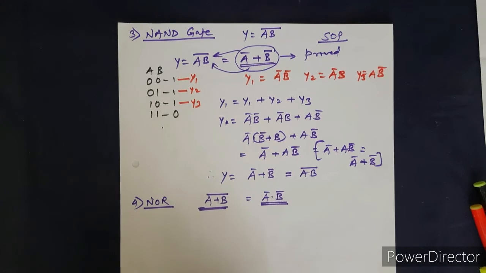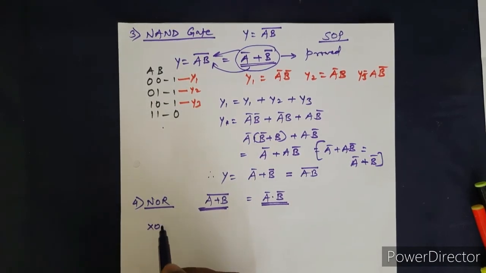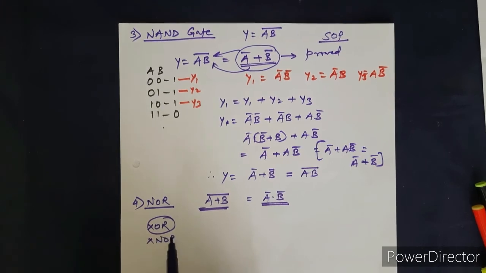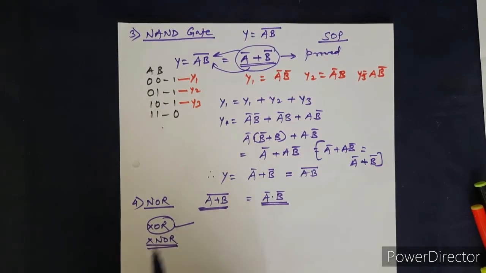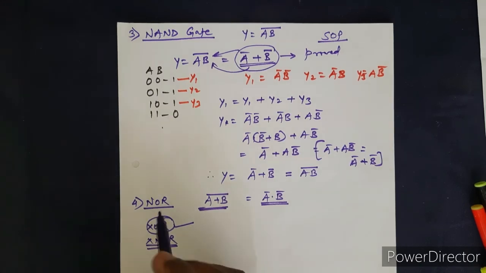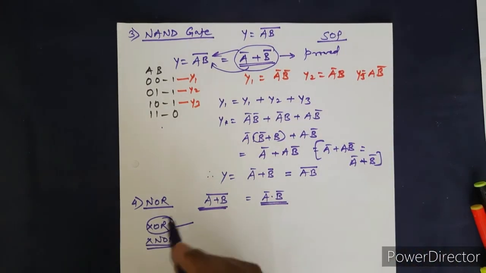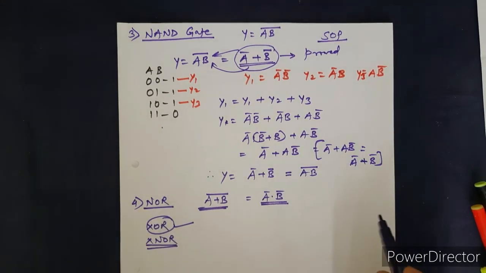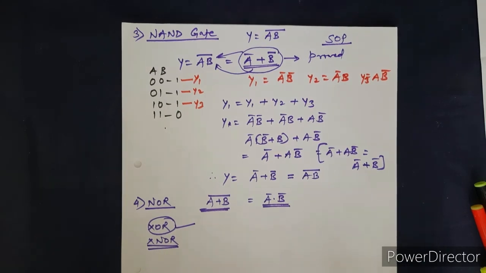I hope you have understood this, and then you can go for XOR gate also. We have seen for this, right? You can go for XNOR gate. We have already seen for XOR gate. So I want you to try for NOR gate and XNOR gate. Prove the equations for XNOR gate and NOR gate with the help of SOP and min terms, just for your understanding purpose.